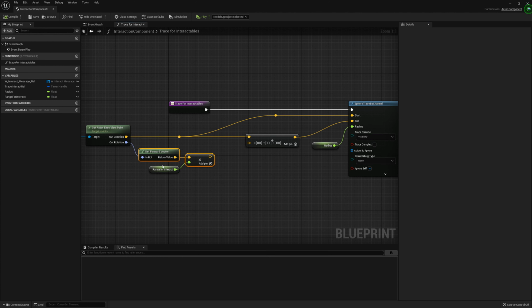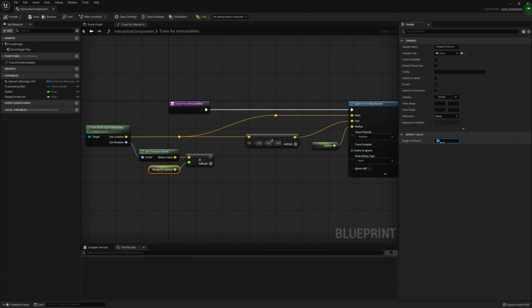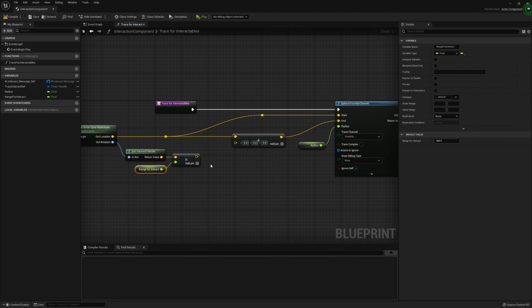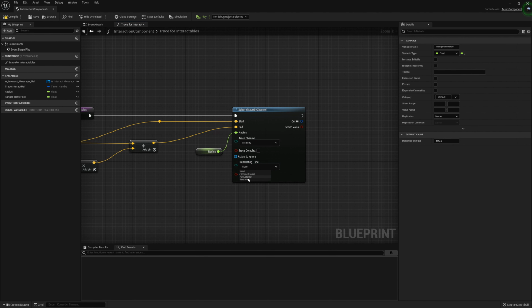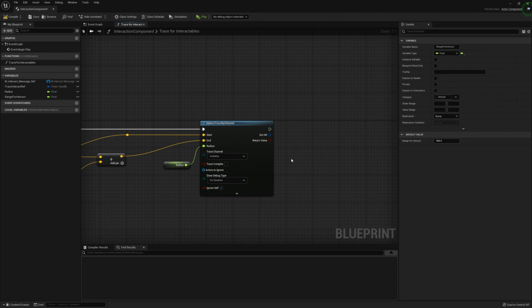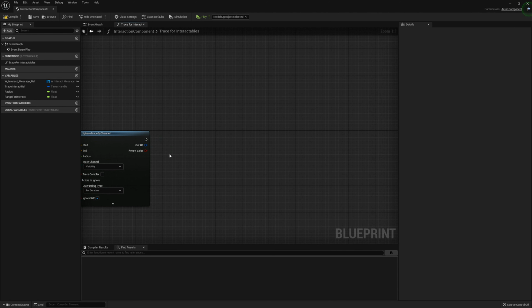I'm going to compile that and set the range to default value of something like 500, and then we can go ahead and connect that up to the addition node. For testing purposes, we can go ahead and set the draw debug type to for duration, and the out hit, we're going to break the result and click on the drop down,